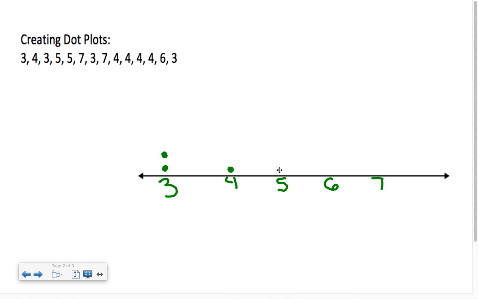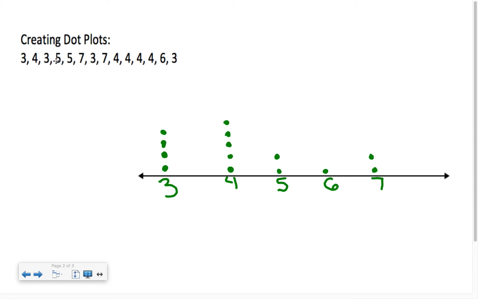We have 2 5s, a 7, 3, another 7, 4 4s, a 6, and then another 3. So as you can tell, looking at the dot plot, our data is a lot more organized than it is in this kind of raw data